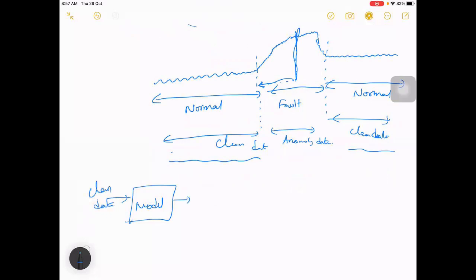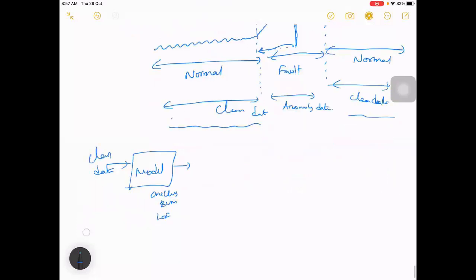It can be one-class SVM, LOF, isolation forest, any model; we only train it with clean data and we get a Y. In anomaly detection methods, we usually have 0, -1 or 1, or 1 or 0. Where it is -1, it is clean data, and 1 can be anomaly data, something like that.